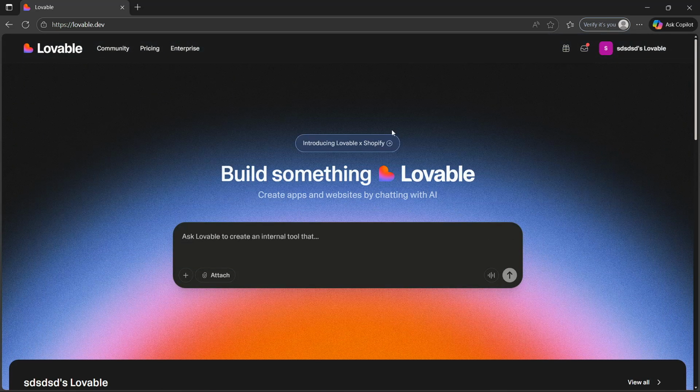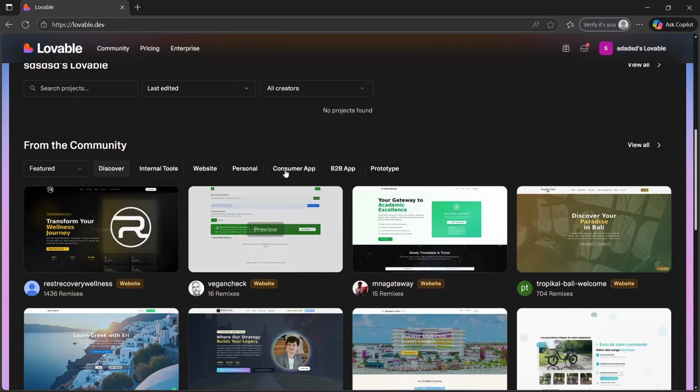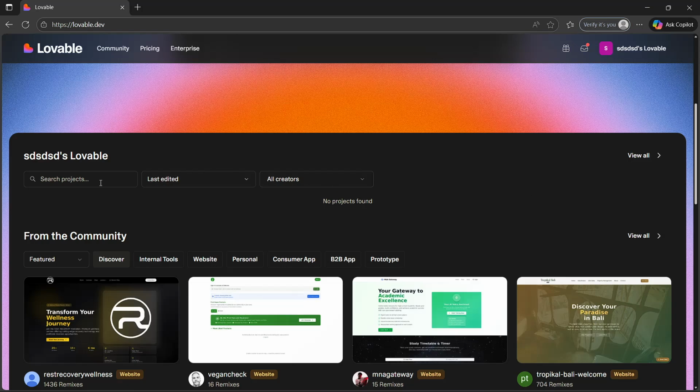First, you will have to open your Lovable.dev, of course, and go to the projects page, which you can find right here. It really depends on the version that you have. If you do already have your project, then you will just go ahead and select the website project